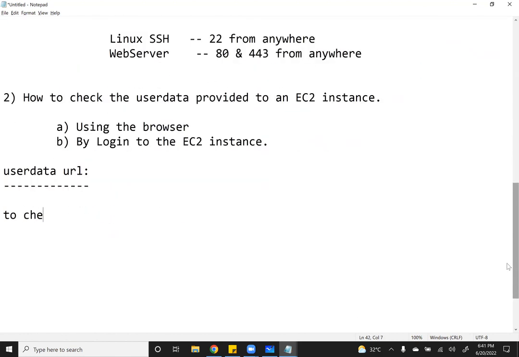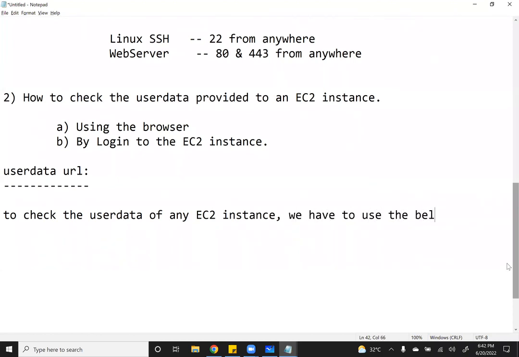So to check the user data of any EC2 instance, we have to use the below URL from that instance only. What is the meaning of that? If I use that URL on my laptop, it will not show any user data. You have to log into that EC2 instance and use one URL in that particular EC2 instance. The URL will be